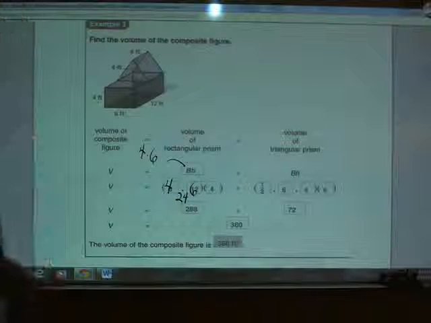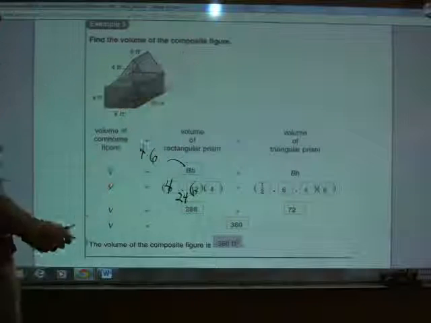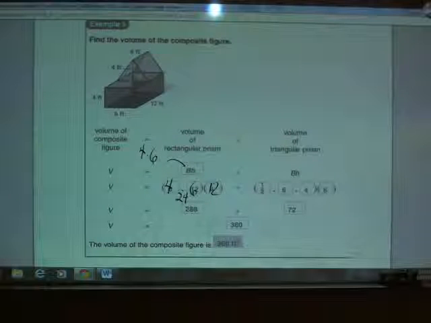And then I'm going to multiply that by the height. Well, if this is the base that I'm staring at, the height is actually laying down, so the height is 12. So I'm doing 24 times 12 there to find the volume of the rectangular prism, the bottom piece. That's 288. Then I got to go to the top piece and find the volume of the triangular prism to